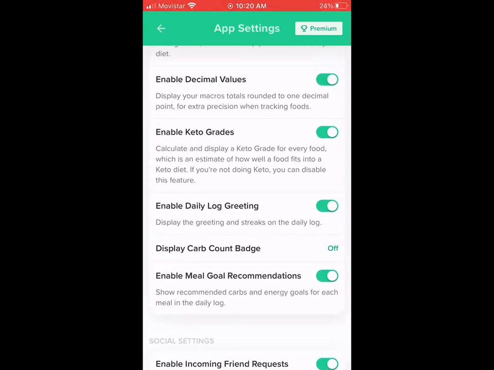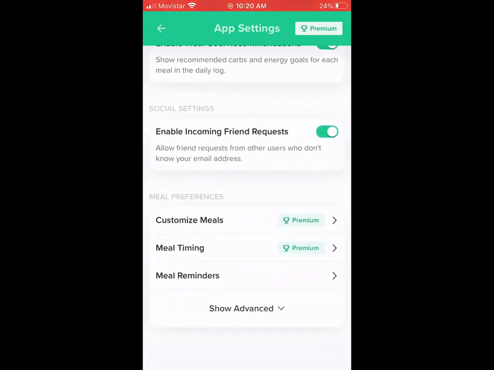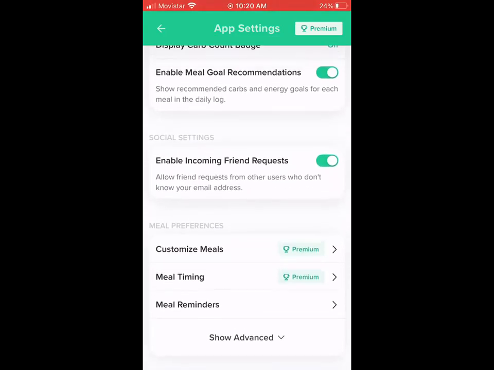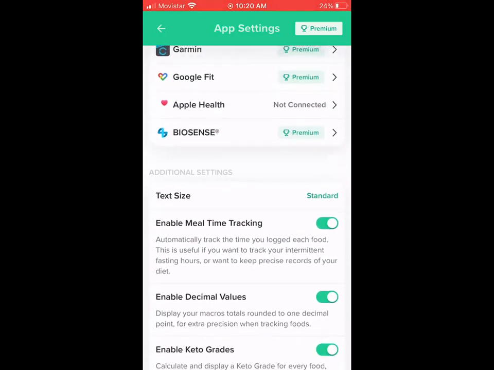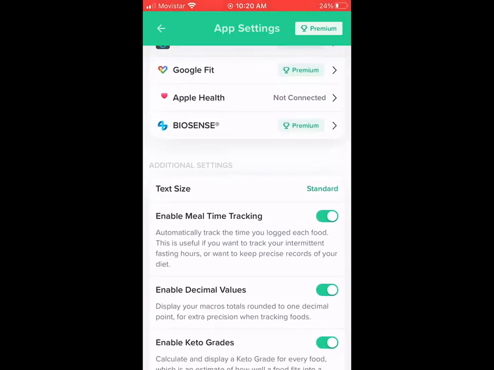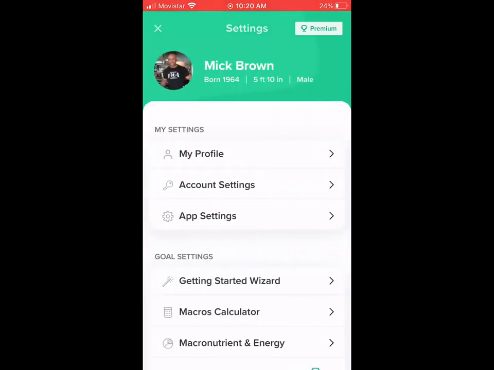Enable keto grades, make sure that's on. Most of this stuff is on. Show advanced, let me just click on that. Oh, these things at the bottom of the advanced. Alright, so that's that. Then you can just backtrack out of that, backspace out rather. Then you want to go to